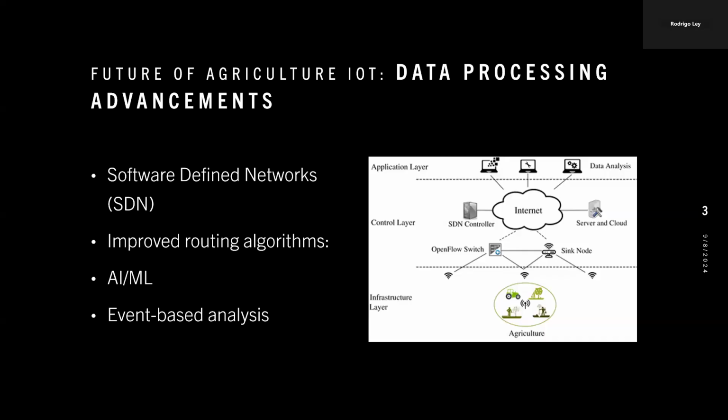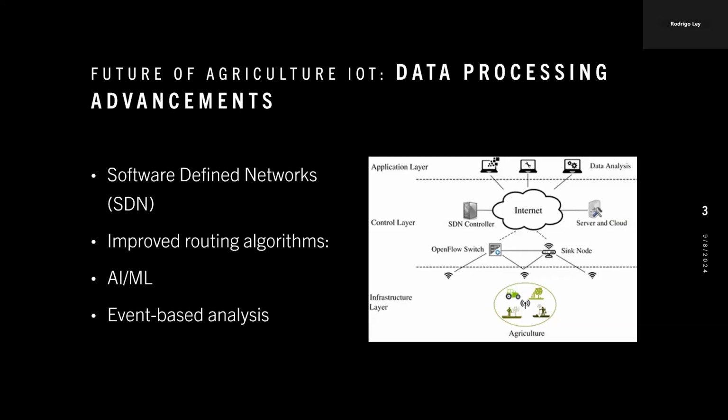And within SDNs, researchers are proposing the use of machine learning. Machine learning is good at identifying trends in a large data set, such as the large amount of data that is produced by smart agriculture and IoT. And the proposal is for these AI and ML algorithms to tag and dynamically route the data. Other researchers are proposing